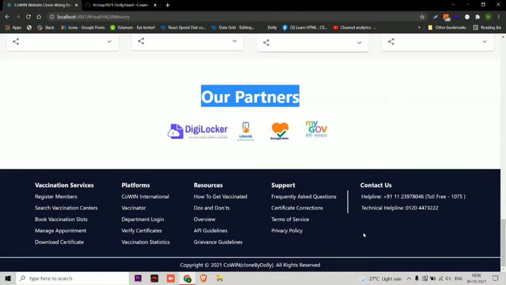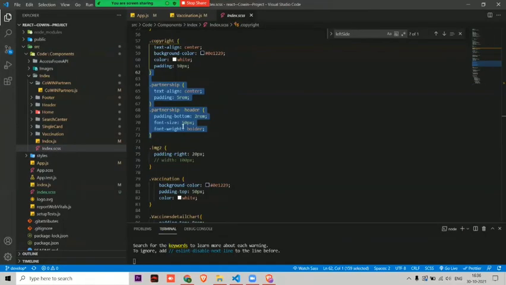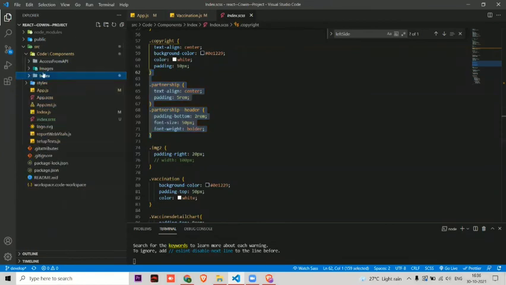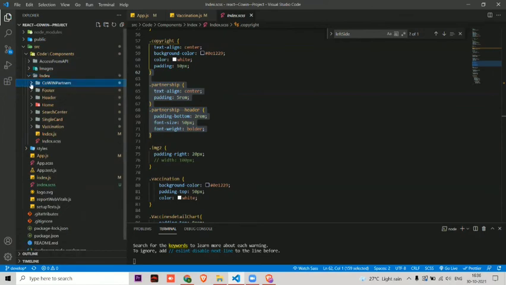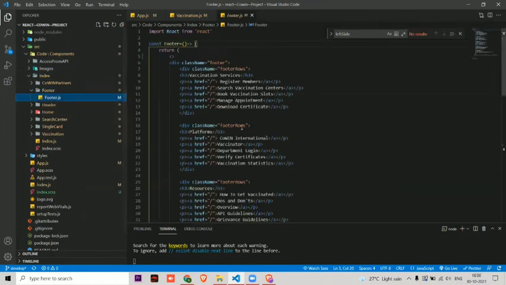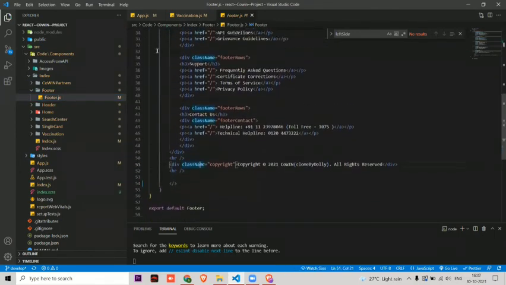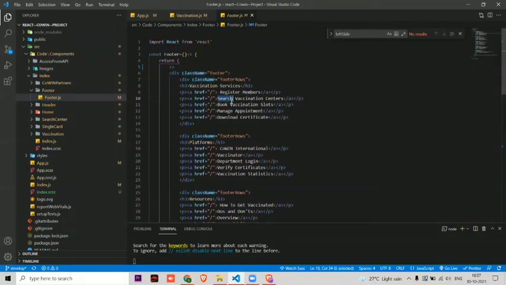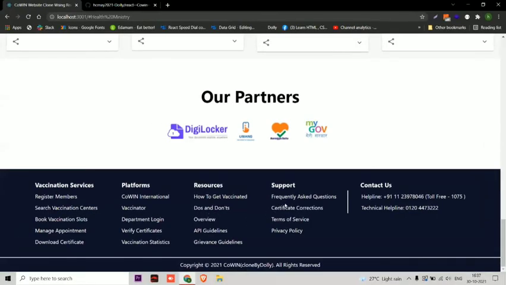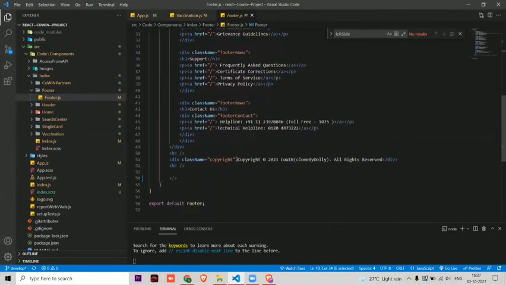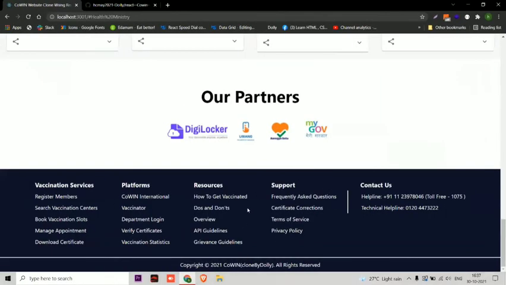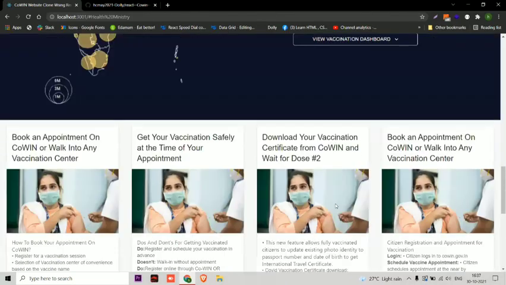Footer is nothing. If you observe, there is nothing new, and I have done it like HTML only as we use. So I will show you that also quickly. Footer. Here you can see that I have written all the things, and I have played with CSS. Nothing new here. Okay, so this is the footer, and I haven't given any link till now. Here you can see I have given copyright also, so it's totally up to you how you want to design. I felt that the color was awesome and the design looks simply good, so I designed it this way.